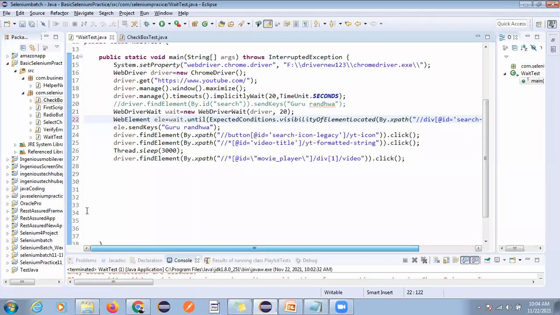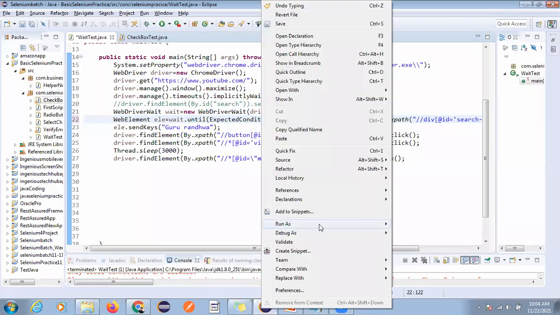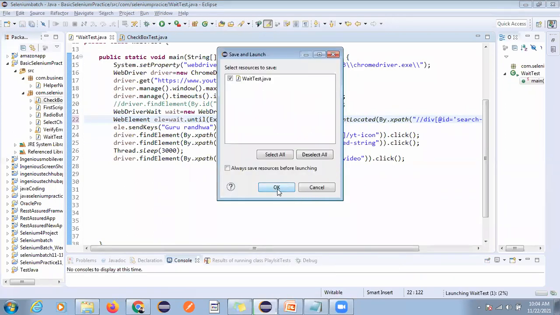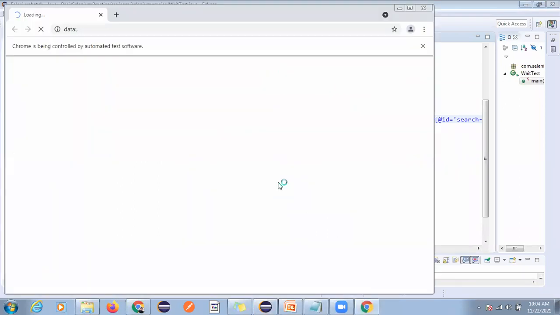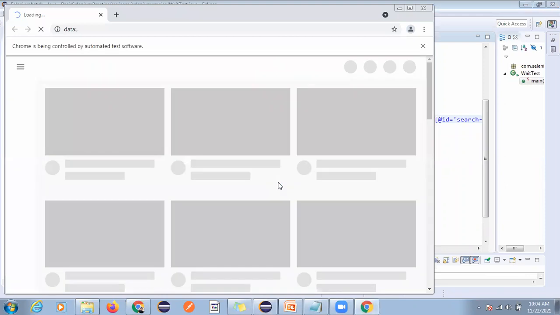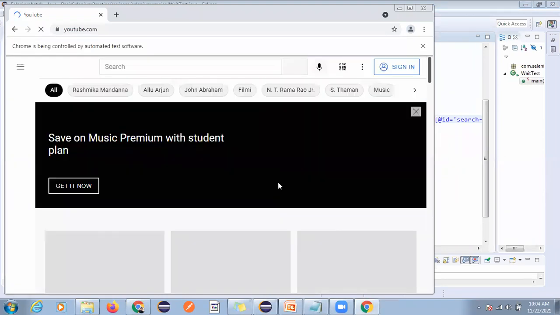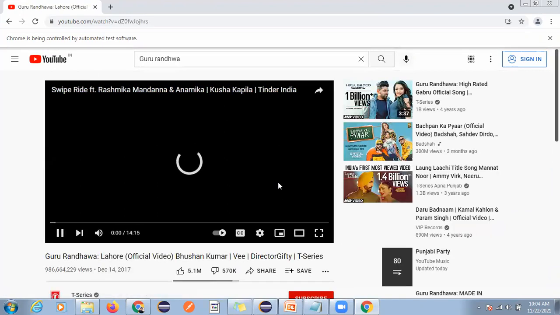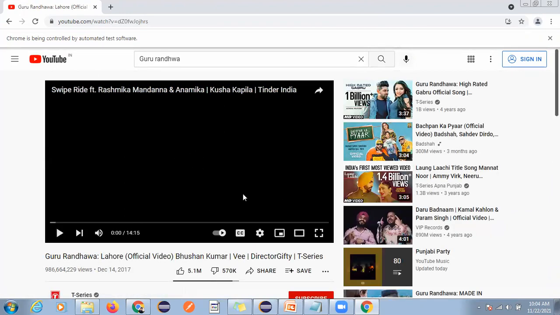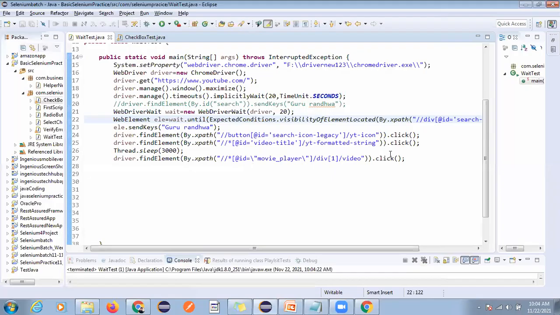Now I'm executing again. It will click on that, and it will wait for 3 seconds, and you can see now it is working. So this is how you can use this, and you can just play with it.